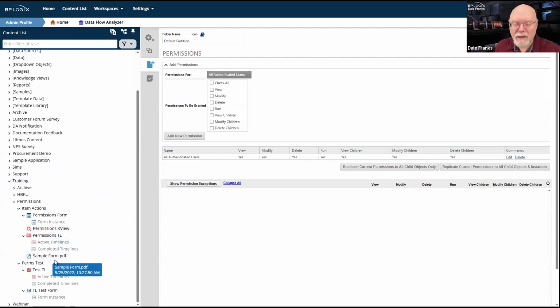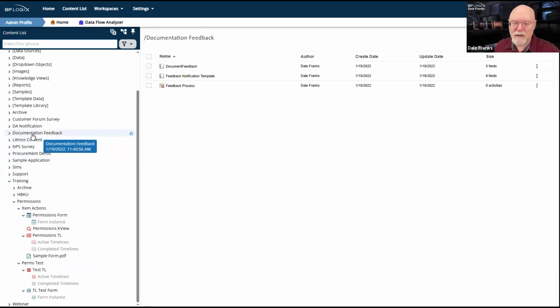And let's take a look at one such form. So we'll go into this NPS survey documentation feedback. This is a form that's available to all of you. I created this many, many years ago in a completely different Process Director server, actually. So I've had it updated. So the last time it was updated was in 2022, in January of 2022.